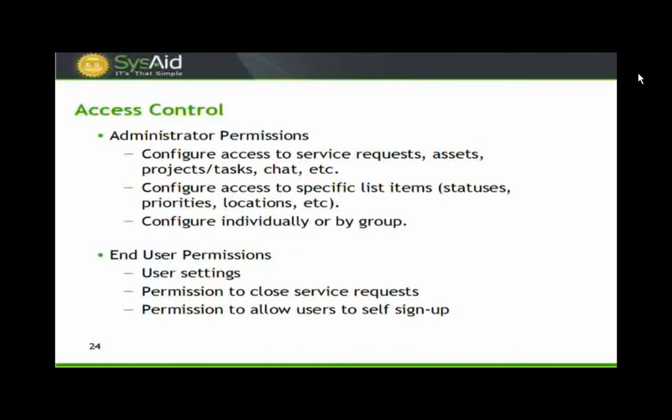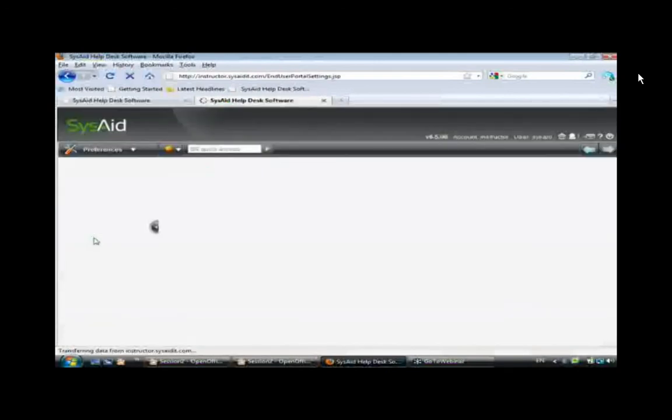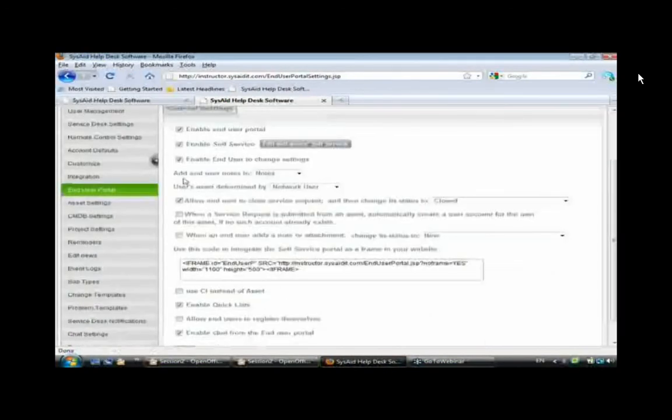Okay, so as I showed you, the administrator permission. We also have end user permission. I showed you the permission to close service request already. We have the ability to self-sign. If you don't have Active Directory and you would like an end user to self-sign, you can do that. Again, it's under Preferences, End User Portal. You can have them allow, just a second, it's